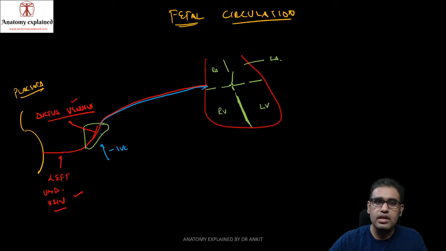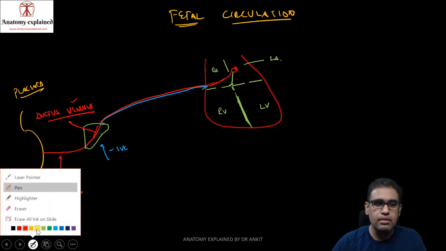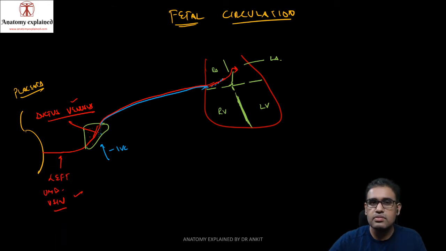So directly this blood over here, normally most of the blood directly enters from the RA via this foramen ovale into the LA, along with some of the deoxygenated blood which is being carried from here. So all this oxygenated blood, the only oxygenated blood coming into the body of the fetus is this left umbilical vein. It goes from RA to LA via the foramen ovale. Why? Because pressure is more on the RA. So the RA pushes this lower part, that is the part which is from the septum primum of the interatrial septum, and then the blood goes from RA to LA.